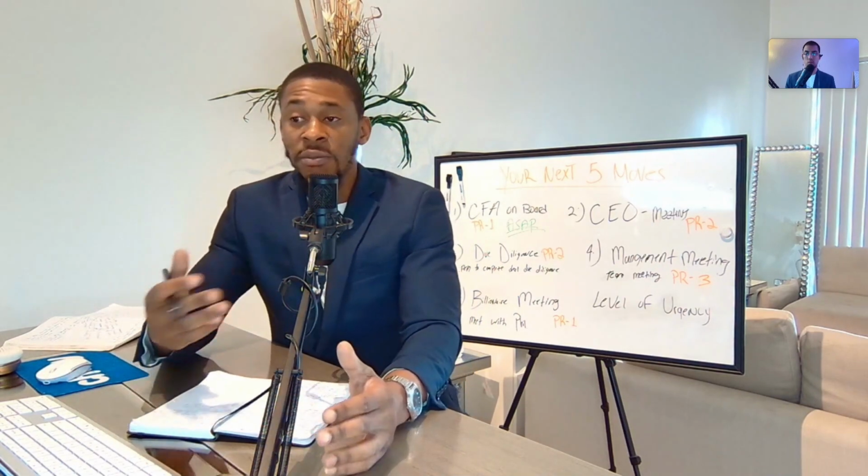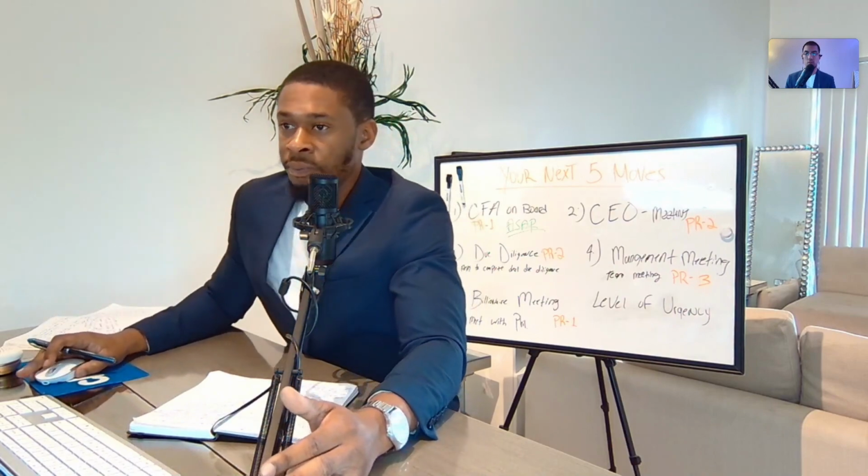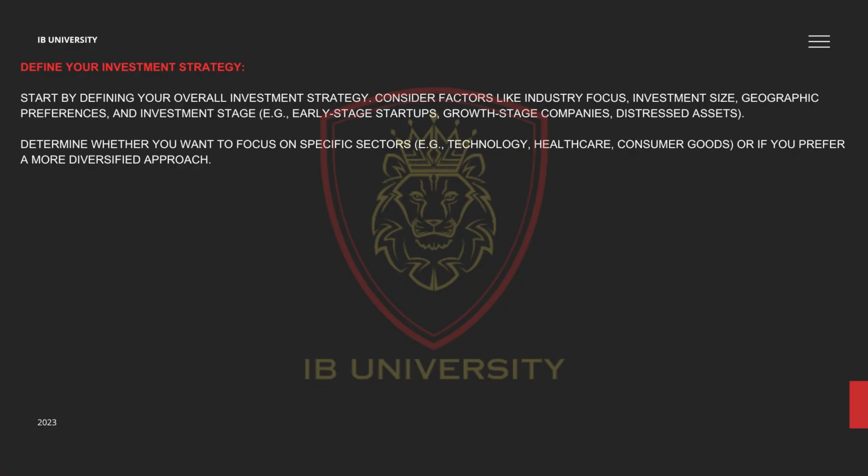So let's talk about exactly how you create your investment thesis when you're starting out, right? First, you have to define your investment strategy. You have to start by defining the overall strategy. What does that mean? When you decide that you want to start buying businesses or create an acquisition platform, you must determine if you are going to buy a lot of companies that are owned by mom and pops, which is fragmented. Are you going to buy a lot of these companies and put them together? If you are, that's a consolidation or a roll up.